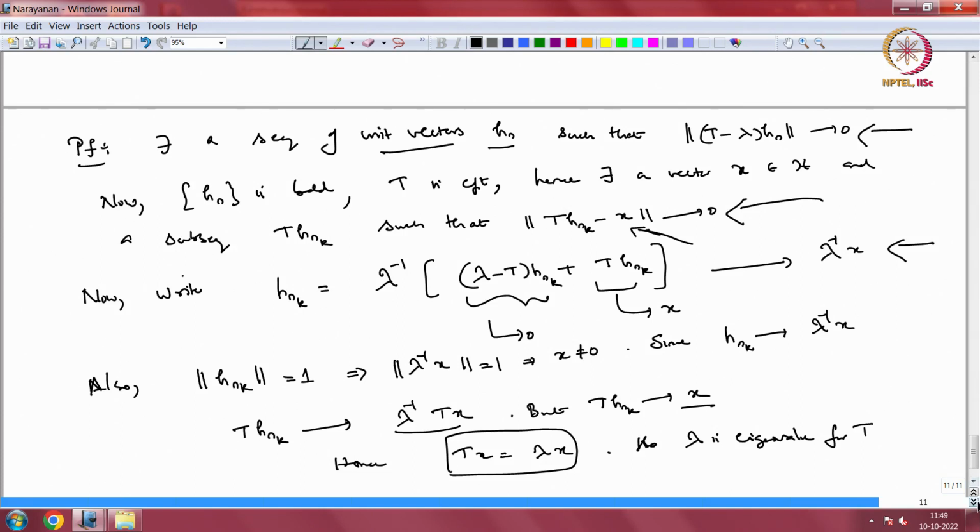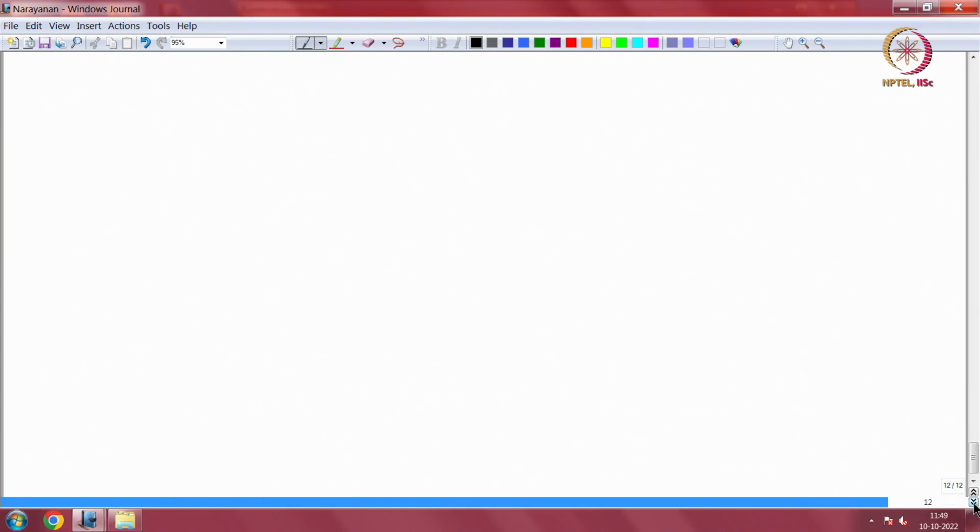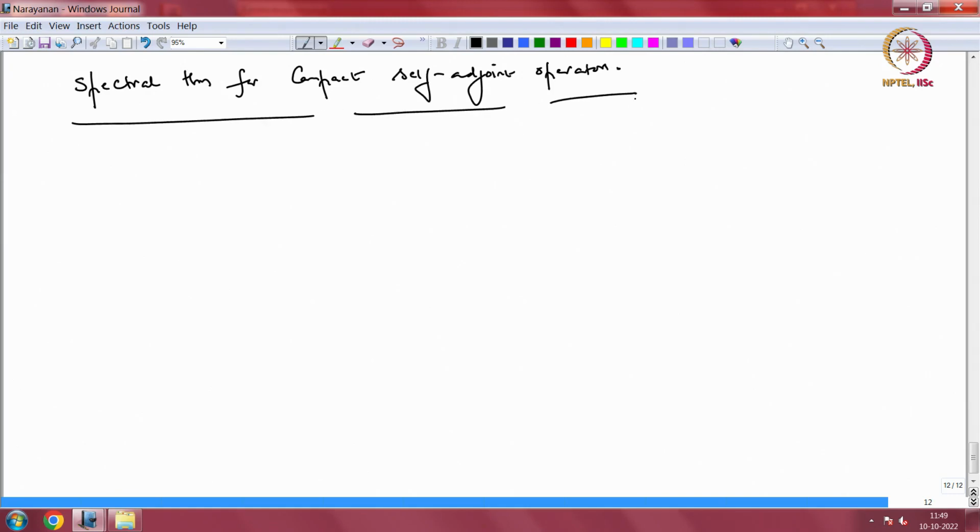Okay. So, let us write down the spectral theorem for compact self adjoint operators. So, we will be looking at compact and self adjoint in the beginning, and then we will go to normal operators afterwards. So, recall that